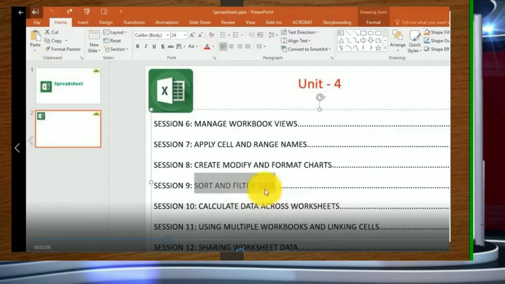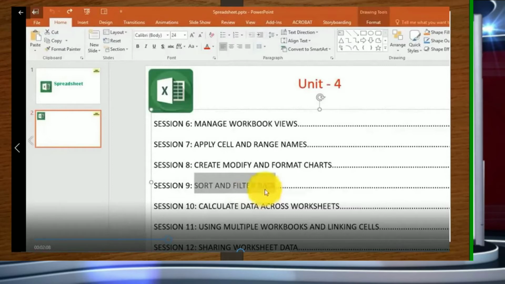Calculate data across worksheets means if we have done a calculation in one sheet, and we want the same thing in another sheet as well, we can link one cell to another cell, from one sheet to another. If we have data in one cell of one sheet, we can have the same data in another sheet. So we can apply a formula for doing that.